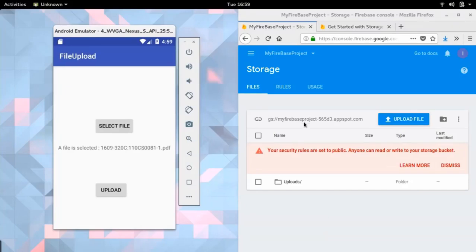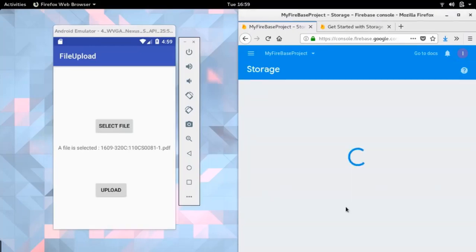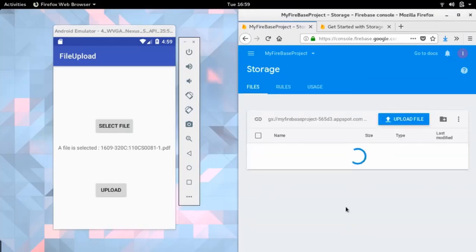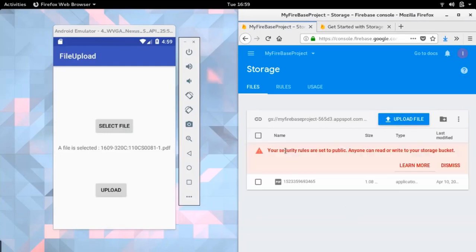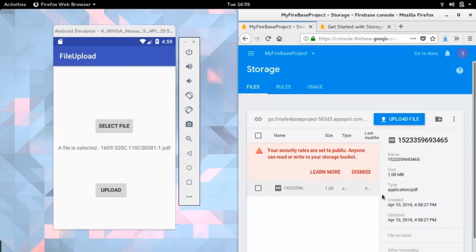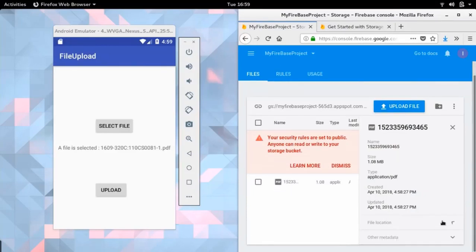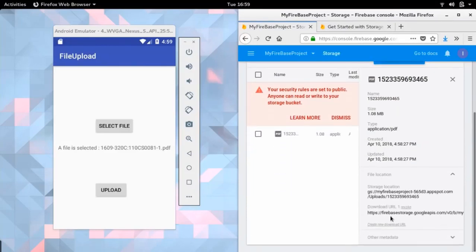See, this is the storage window, and here we have a directory named uploads. Click on it and see, this is our file. The name of the file is actually the current time in milliseconds. So this is our PDF file. If we click on it, we'll navigate to this file location to get the download URL.